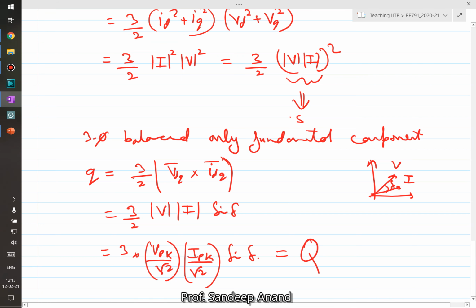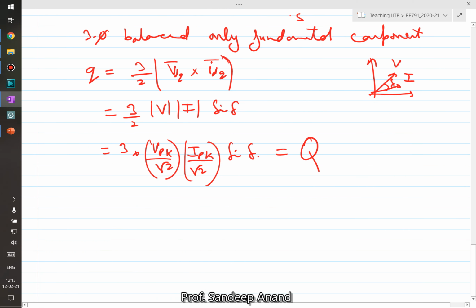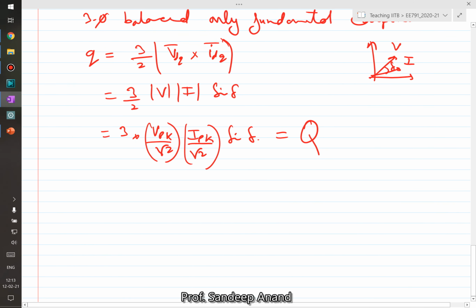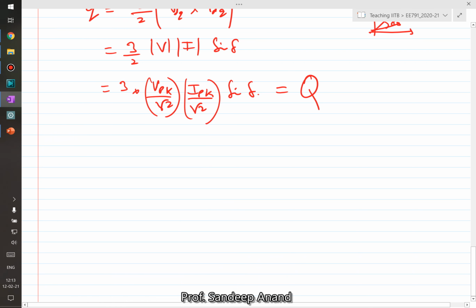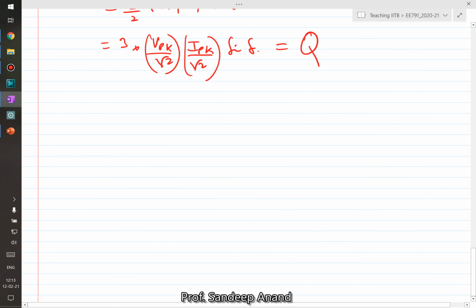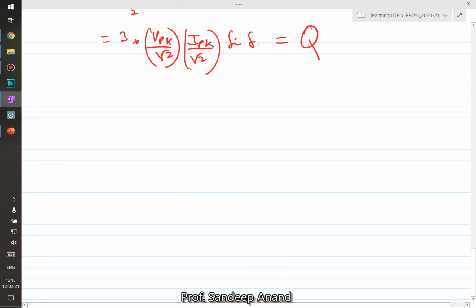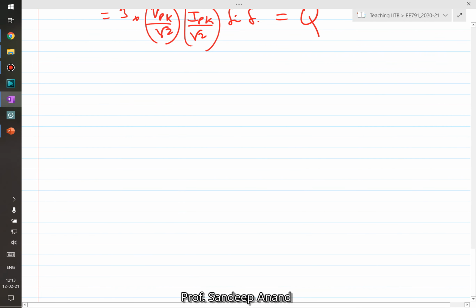So we are able to define the instantaneous active and the instantaneous reactive power in terms of the dq0 frame, and these definitions are what we are going to use later when we talk about inverter control. Before we conclude here, one more quick thing we can have a look at is what if the synchronously rotating frame is locked such that there is no Q component of the voltage. Let me elaborate on what I am trying to say here.